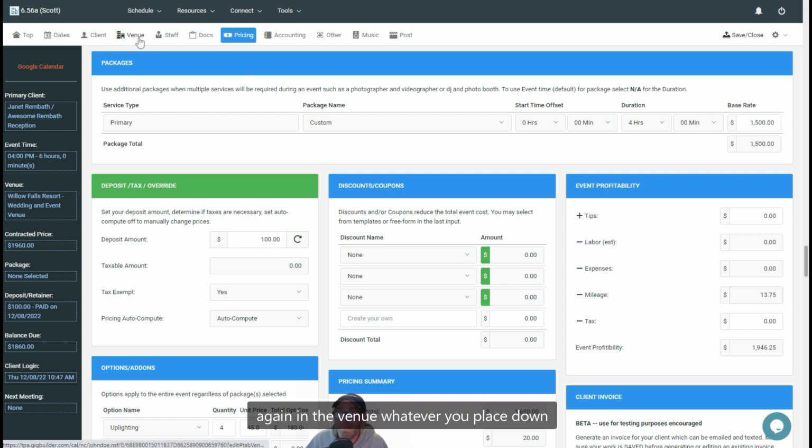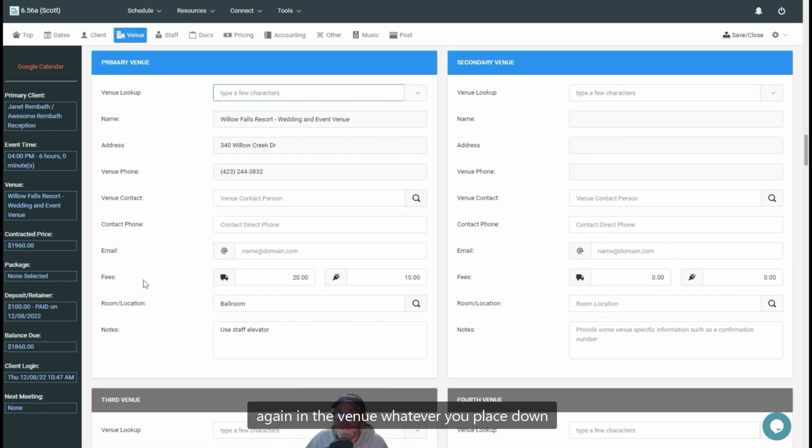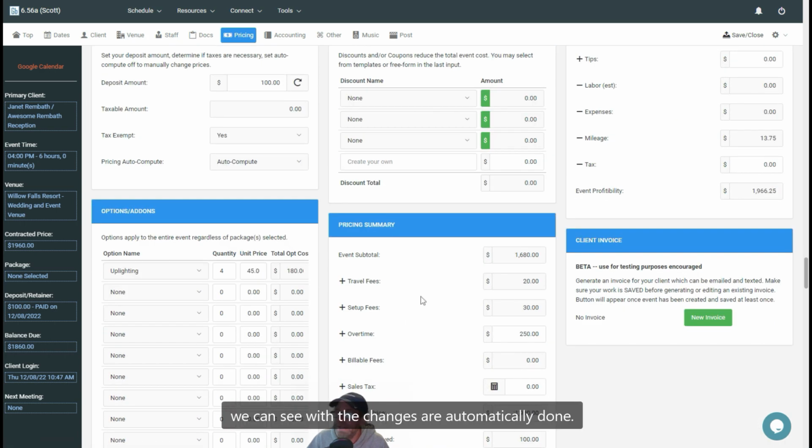So again, in the venue, whatever you place down for fees, etc., are going to appear specifically and drive down automatically, but you can change them here if you want to. If you want this fee, for example, to be $30 because they did some other stuff, I can go to 30, I can hit tab, I can go over to pricing, and we can see that the changes are automatically done. So that's what you do with fees in Gigbuilder, and it's something really important to have,